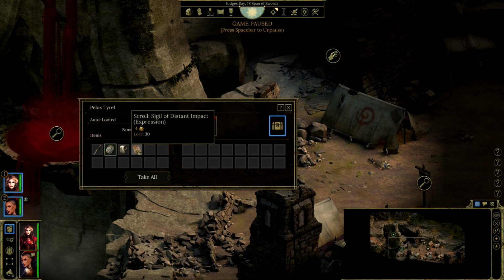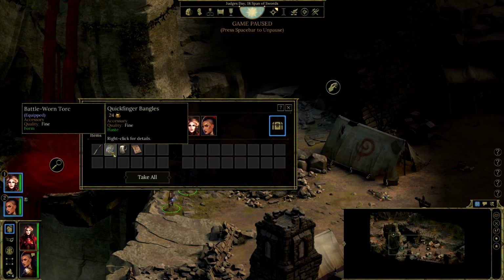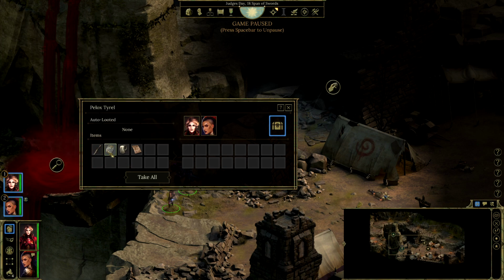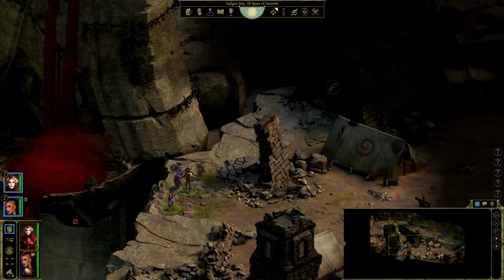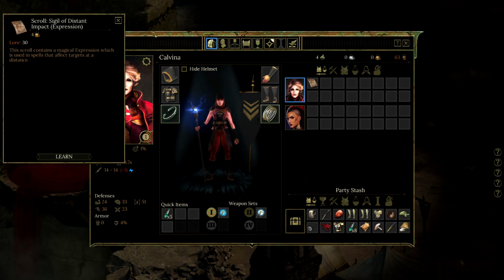Right, we have now our second sigil. Sigil of Distant Impact. Some quick finger bangles, which give extra quickness. And some other little bits. A couple of things there that interest Calvina. This for one. And these for another. Right, let's